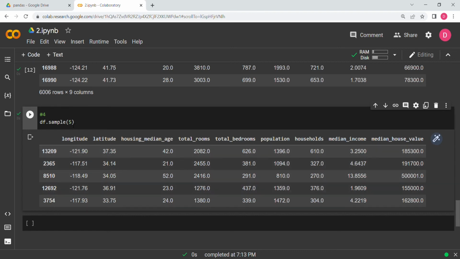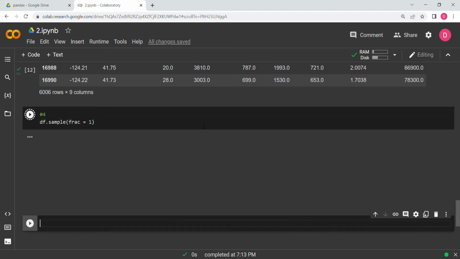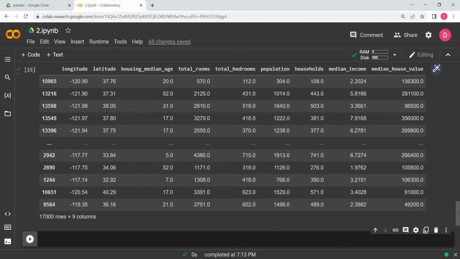So what mostly this is used for, let's say you want to shuffle the data. The way you shuffle the data, you just say df.sample and say frac equal to 1, that is 100%. So what this will do is it will shuffle the entire data frame. You can see